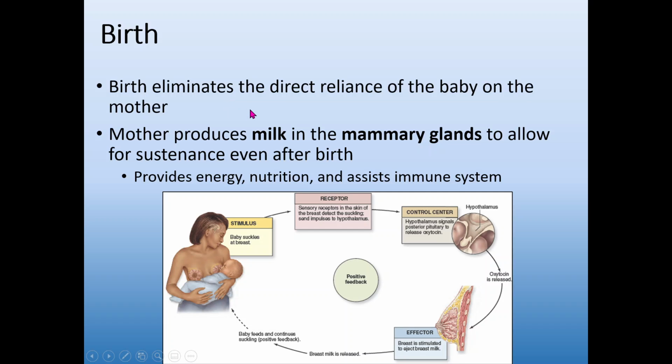Now, we as humans are not precocious. We cannot just get up and run the moment we are born. We do still rely heavily on our parents for survival. And part of that is milk production from the mother. A female is capable of producing milk from her mammary glands. We'll talk a lot more about this on Monday when we talk about pregnancy, but that is going to continue to supply nourishment to the developing child for the first stage of life. It also assists in adding immune system defense. Again, we'll go into this more on Monday.